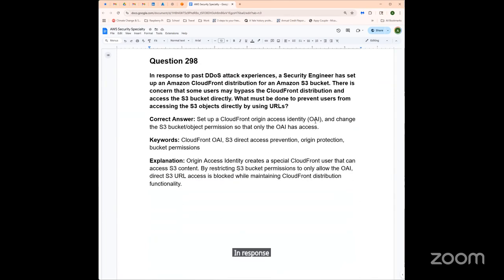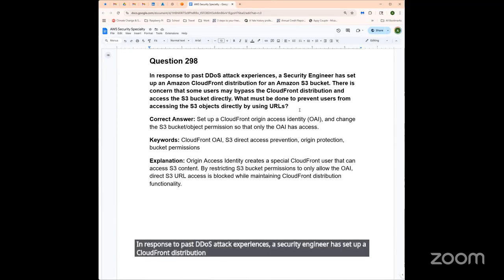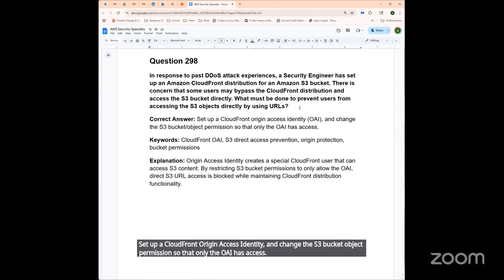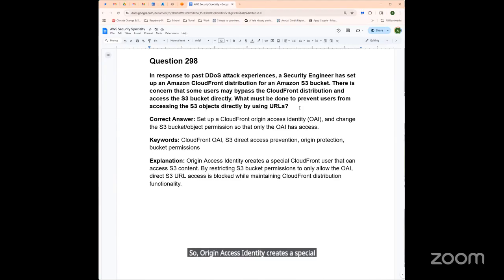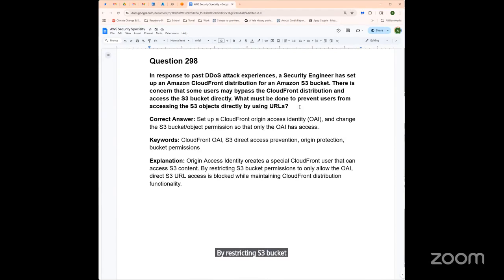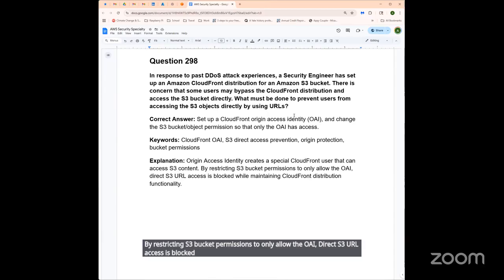In response to past DDoS attack experiences, a security engineer has set up a CloudFront distribution for an S3 bucket. There's concern that some users may bypass the CloudFront distribution and access the S3 bucket directly. What must be done to prevent users from accessing S3 objects by using URLs? Set up a CloudFront origin access identity and change the S3 bucket object permissions so that only the OAI has access. So origin access identity creates a special CloudFront user that can access S3 content. By restricting S3 bucket permissions to only allow the OAI, direct S3 URL access is blocked while maintaining CloudFront distribution